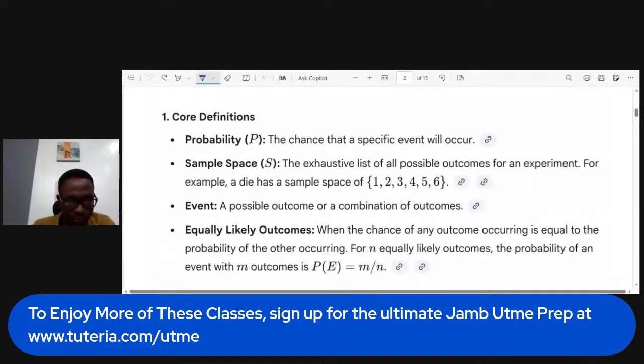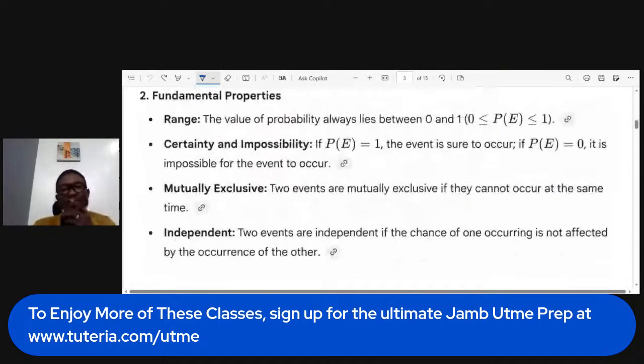All right. So another one is certainty and impossibility. When I say something is certain, the probability of this thing happening is certain. That means the probability will be 1. So for instance, if I say I'm going somewhere tomorrow and the probability I'm going to go there is 1, that means I'm saying it is certain I'm going there. So there's no impossibility I'm not going there tomorrow. So certainty in probability means the probability of an event occurring is what? Is 1, because it is certain it's going to happen.